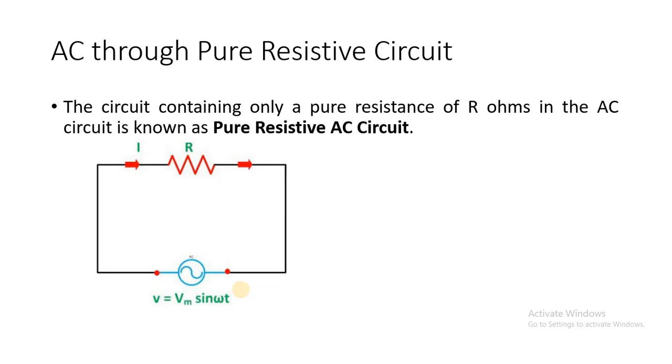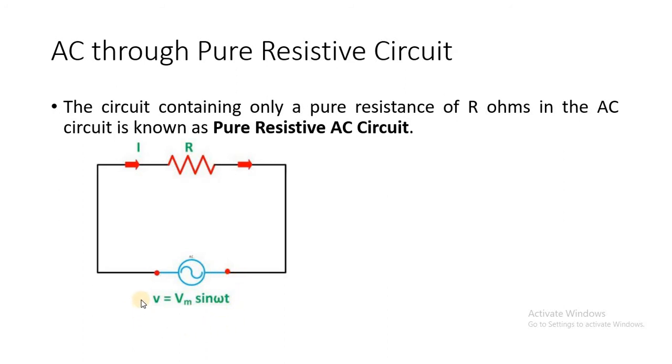How will you recognize it is a single phase AC supply? Because it is having only two terminals. One terminal is called a phase and the second terminal is called a neutral. So whenever the supply is having only 2 terminals, it is called a single phase AC supply. So single phase 2 terminal AC with the help of sinusoidal notation. So this is single phase AC supply. The voltage is V equal to Vm sin omega t.